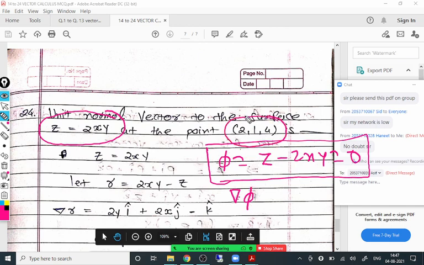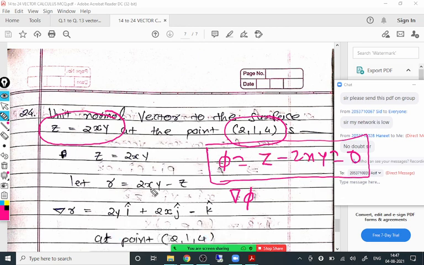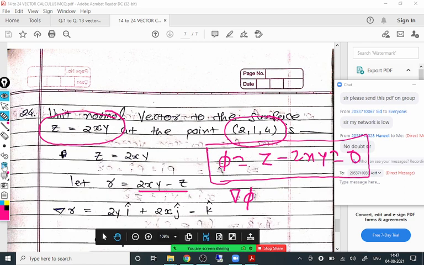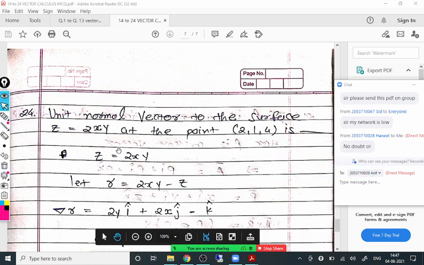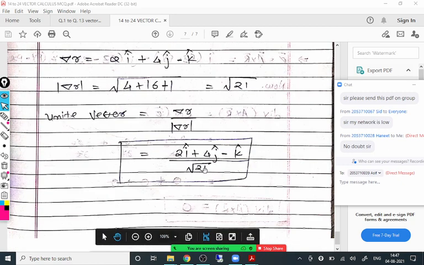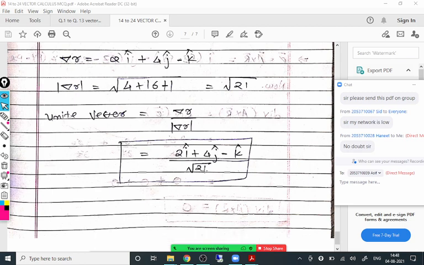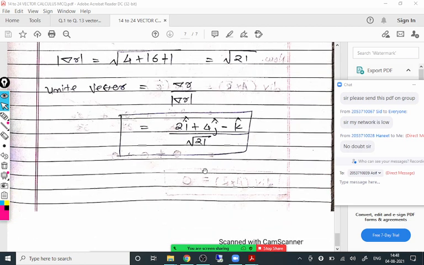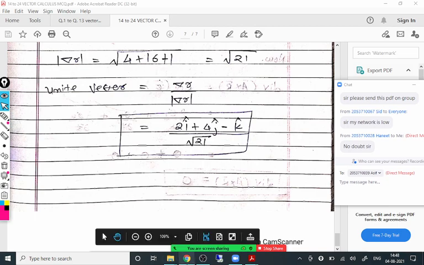So z minus 2xy or 2xy minus z, both are correct. Here he has taken 2xy minus z. That is okay, both ways are correct. First del phi or del f is calculated, and then evaluated at the particular point, and then divided by its magnitude. This is the answer. So that is about the unit vector to that surface. That's one. Okay, so if anyone has any